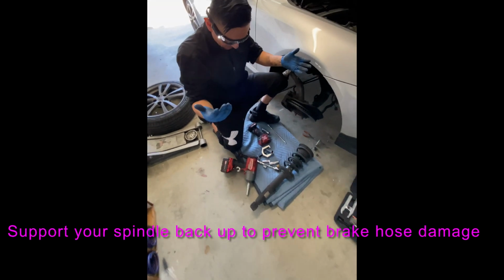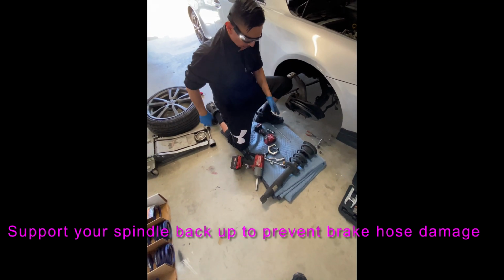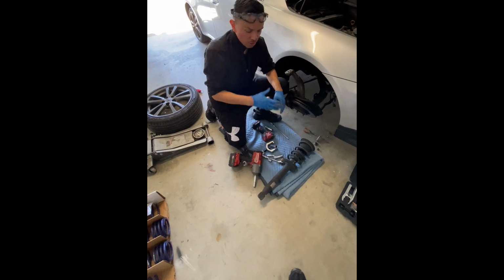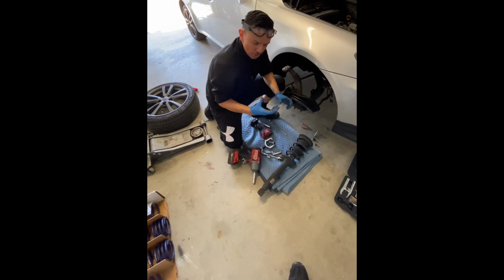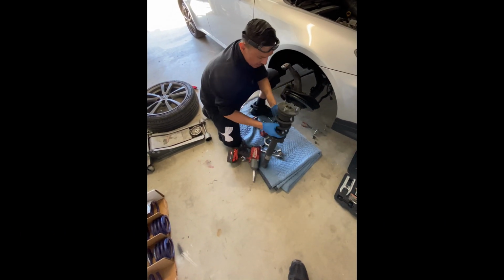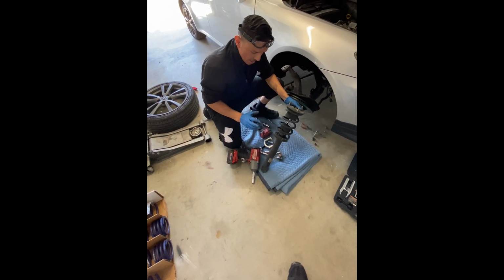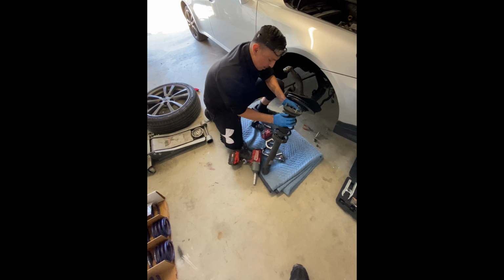Well, it was like 5 minutes, 7 minutes, whatever it was. So anyways, long story short, before you even disassemble this, make sure you get some spring compressors and compress the spring so you can take the spring out. Another thing is, before you even take this apart,